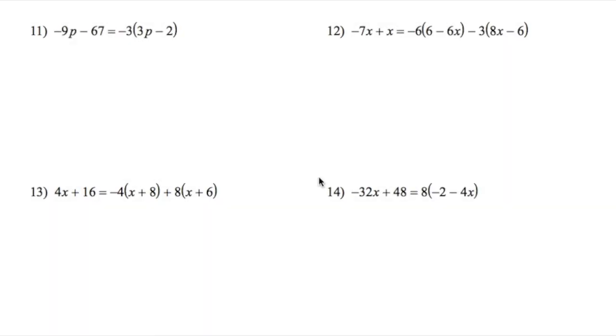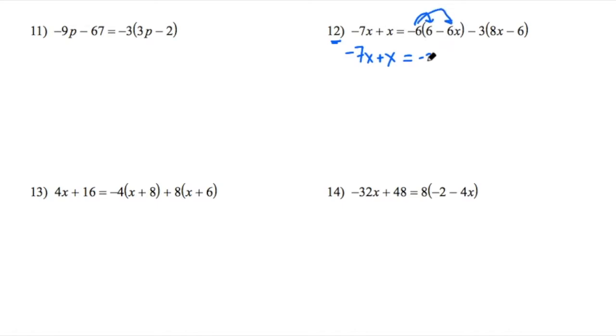In this lesson, we're going to look at some more multi-step equations, adding a few more steps here. If we look at this example 12, we see on the right-hand side there are two sets of parentheses. Not to get too excited about, we just take them one step at a time. On the left-hand side, nothing to do. We can combine our like terms here, but we'll come back to that in just a second. Okay, so first let's distribute in this first set of parentheses, the -6